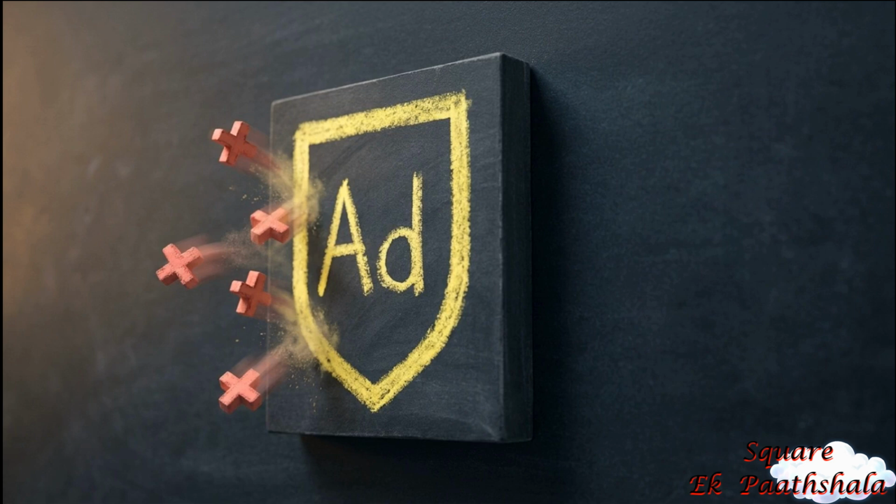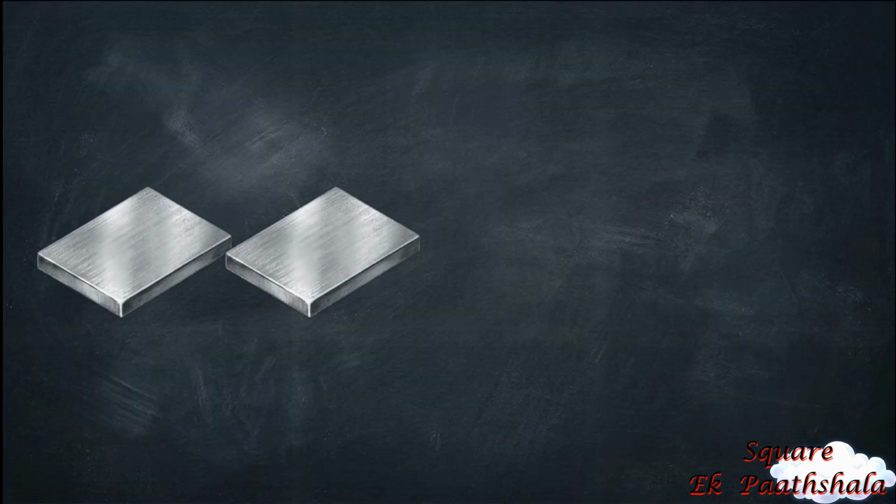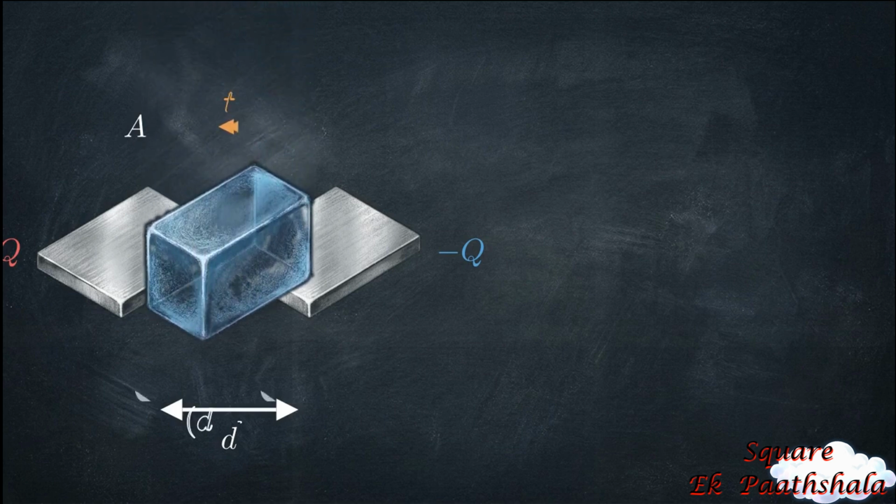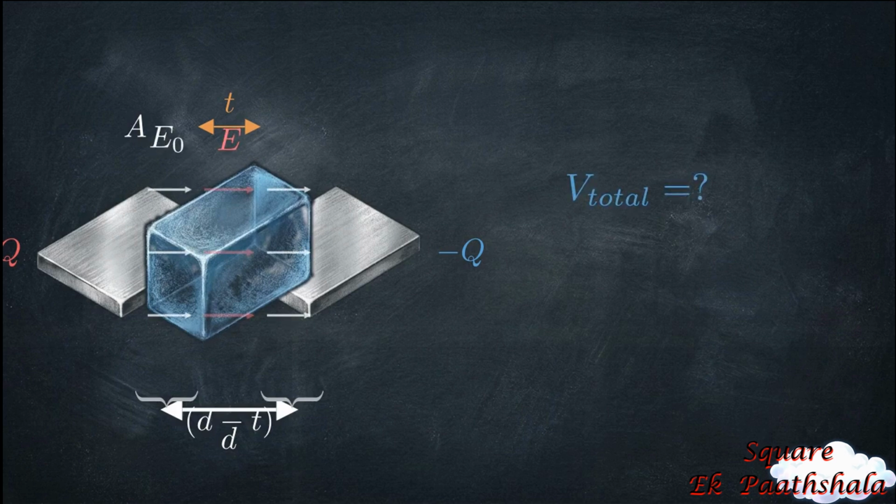system. This diagram outlines the most complex derivation you'll face, calculating capacitance across a split medium. We insert a partial dielectric slab of thickness T between the plates, leaving an air gap with a thickness of D minus T. To find the new capacitance, how do we write the equation for the total potential across these two distinct zones? The total potential is simply the sum of the air field times its distance, plus the dielectric